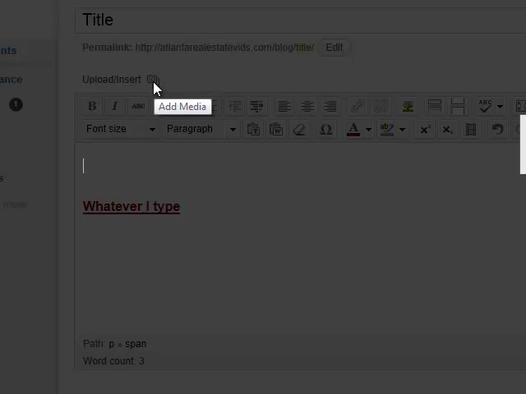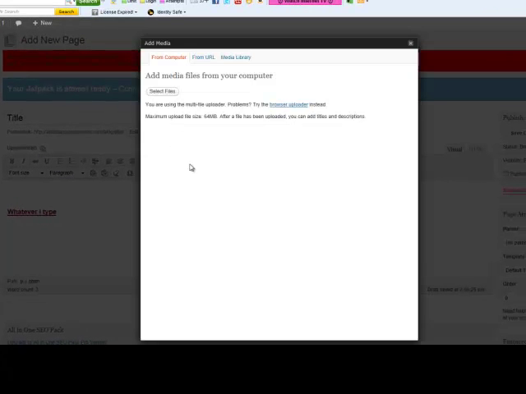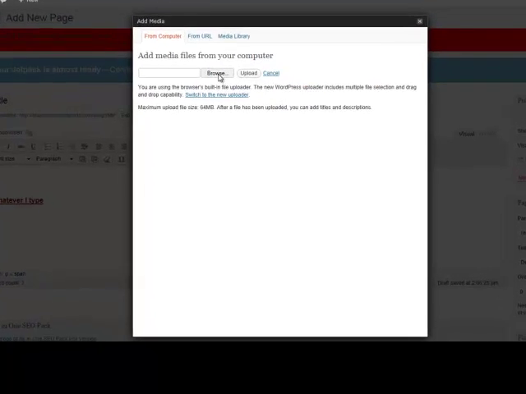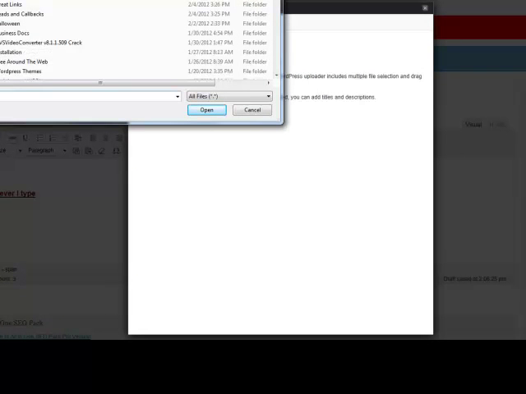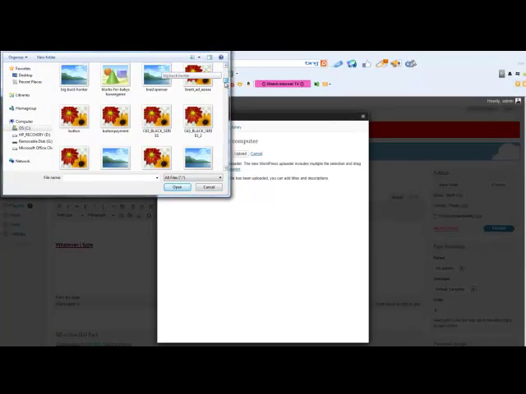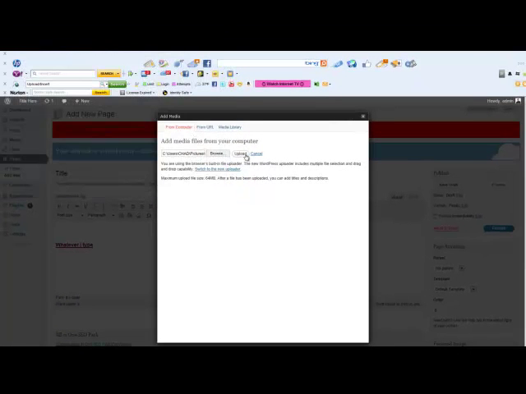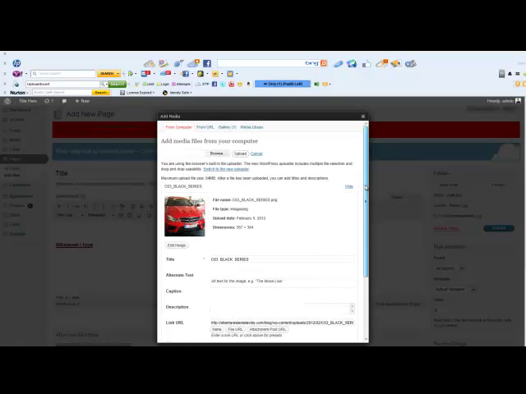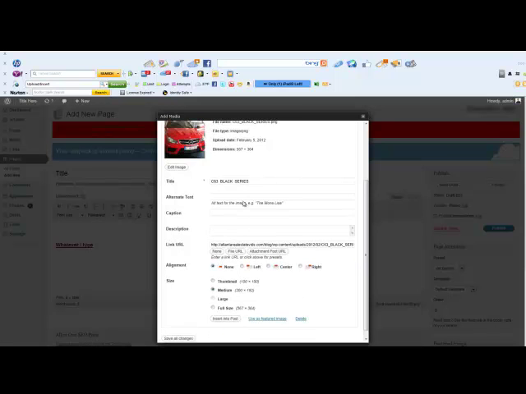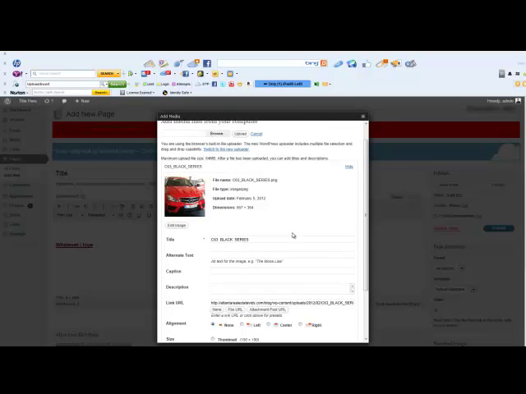If I click on this little icon, what's going to happen is a new window is going to open up, and it's going to allow me to upload, locate a picture on my computer. So if I scroll through my images here on my computer, I could double click the upload button here. It's going to grab that picture off of my computer. It's going to upload it to my WordPress installation. If I scroll down to the bottom, now I just grabbed a picture just for an example here. I just grabbed a picture of an automobile. And if I click this Insert into Post button,